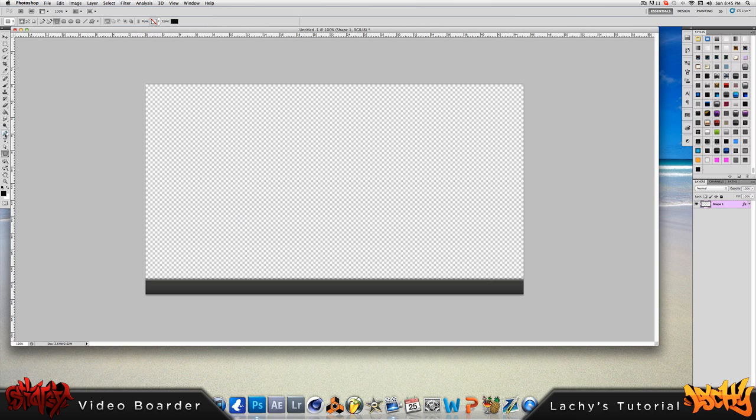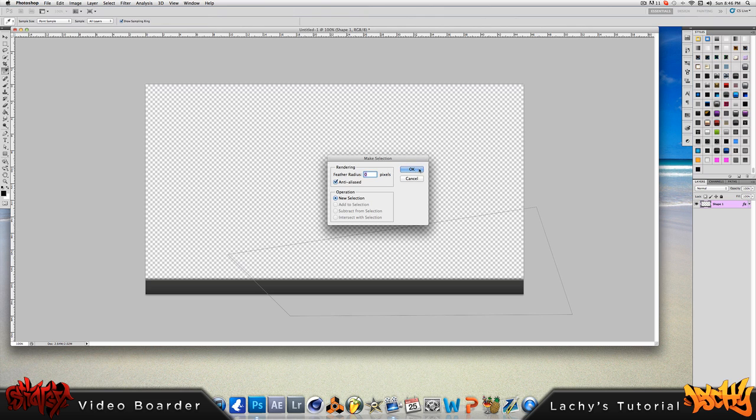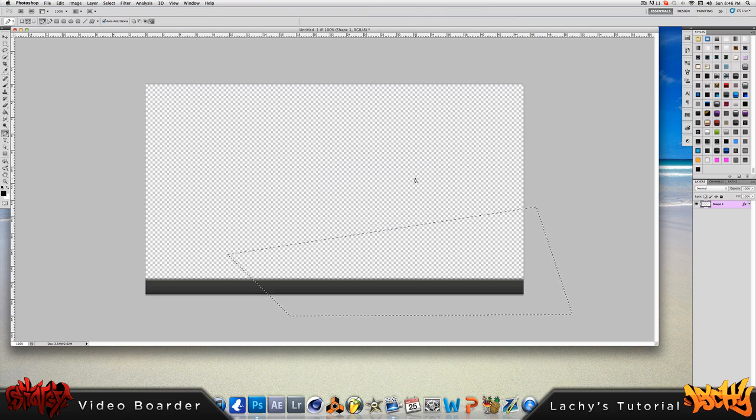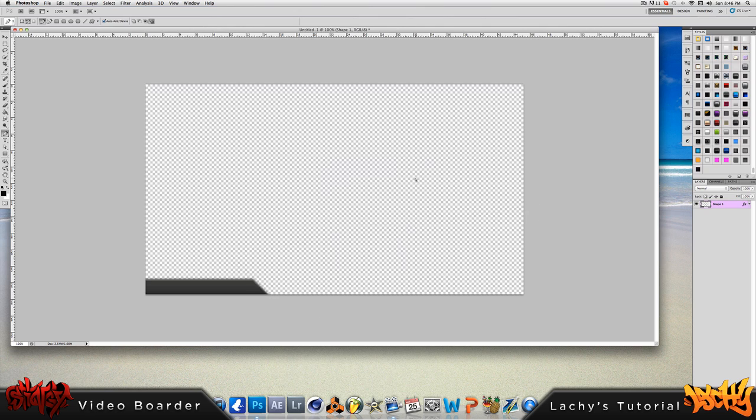So what we might do is get the pen tool and hold shift and then click down on an angle to bring up this, and then fill your path in with your pen tool. Right click, make selection, and feather radius at 0, and then you can hit delete, and that sort of gives us a nice little cut, and it still continues with the emboss and the shadow, so that looks really nice